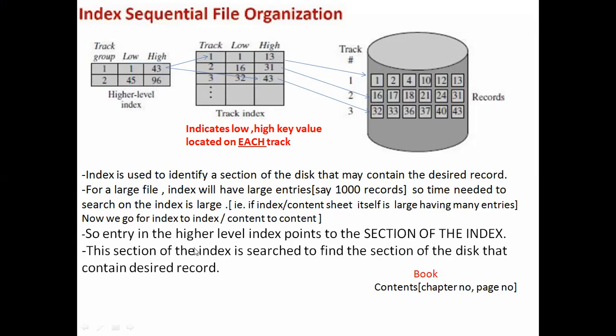The entry in the high level index points to the section of the index. That means select track 1 or track 2 or track 3, and again we search in the particular track. For example, this track 2 is from 16 to 31, and track 3 is from 32 to 43 and so on. This section of the index is searched to find the section of the disk that may contain